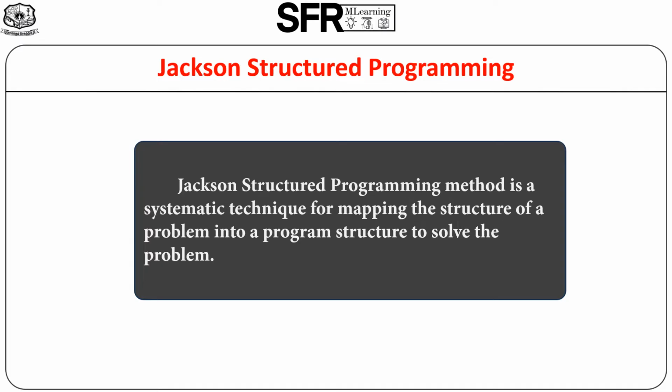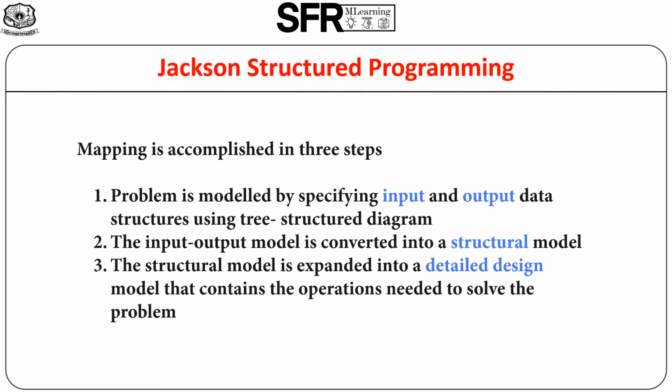Programming method is a systematic technique for mapping the structure of a problem into a program structure to solve the problem. Mapping is accomplished in three steps. In the first step, the problem is modeled by specifying input and output data structures using a tree-structure diagram. In the second step, the input-output model is converted to a structural model. In the third step, the structural model is expanded into a detailed design model that contains the operations needed to